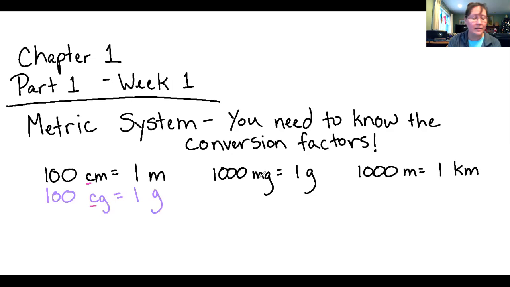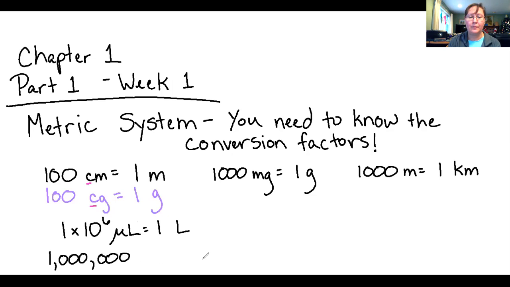Now, these actually are in the slides, but I really want to focus on you making sure that you know these. These are the core ones that you will use this semester. Then there's 1 times 10 to the 6th microliters in 1 liter. Okay. And 1 times 10 to the 6th is the same as saying 1 million microliters in 1 liter. Okay. All right. So now,